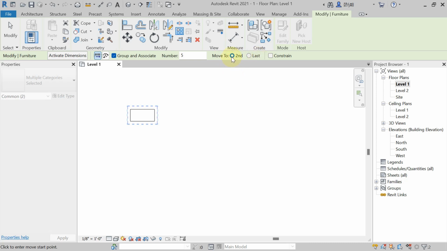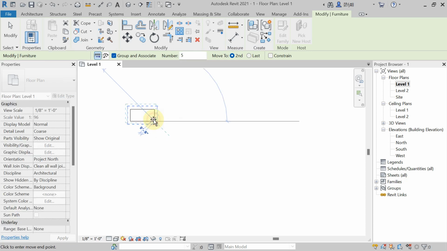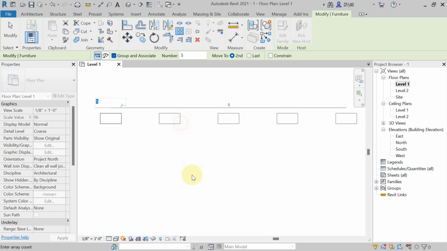If you select Move to Second, select the reference point and the second point where you want. You will get a total of 5 objects, but as per the points whatever you have selected. See, if you give the second point distance as 14 feet, then the remaining 3 objects have the same distance. See, like this,